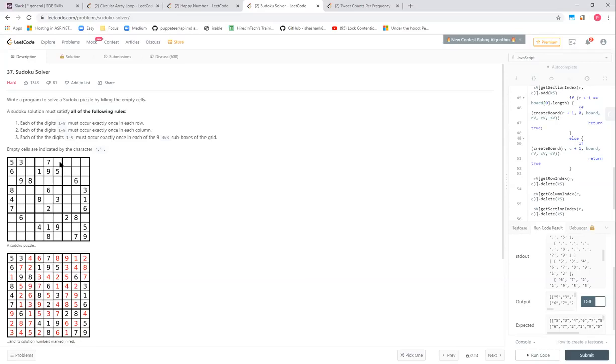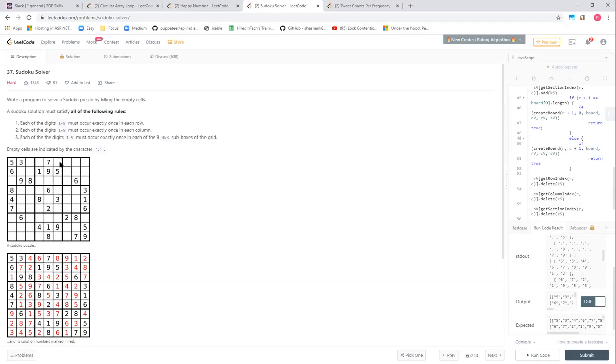Could someone guess the time complexity if we don't have any input? All the cells are blank. So for each cell, if it is empty, it is going, worst case, through all the 9 digits.